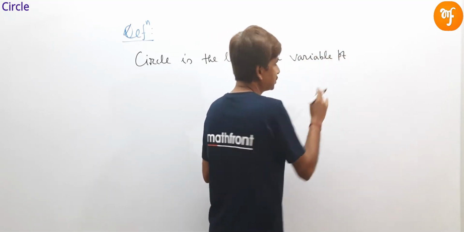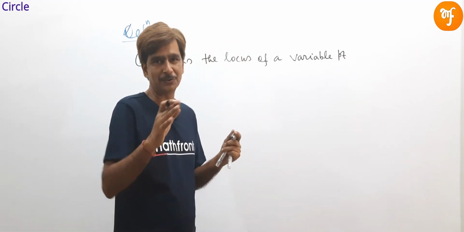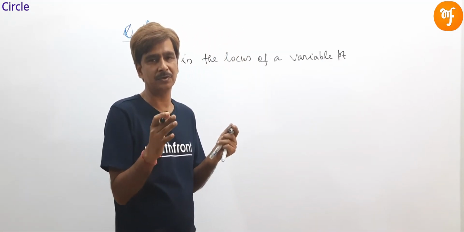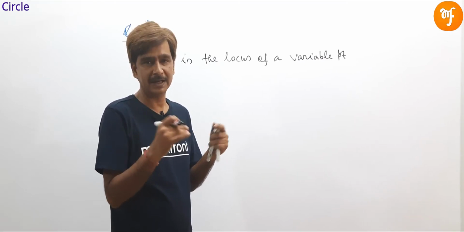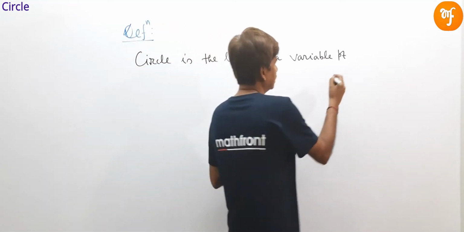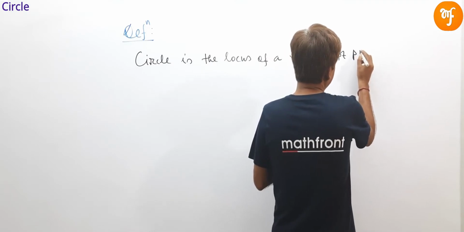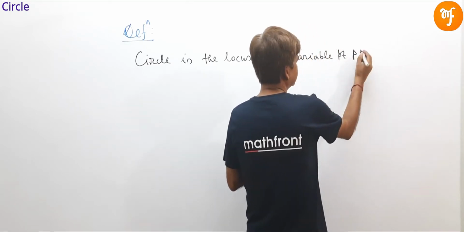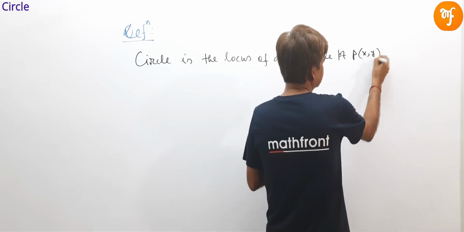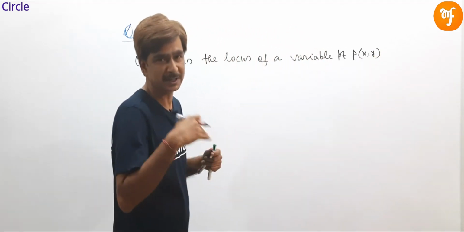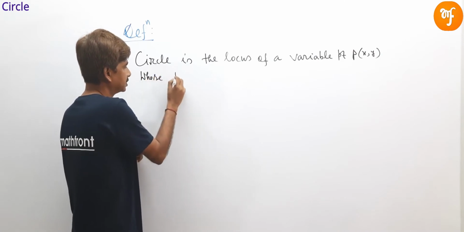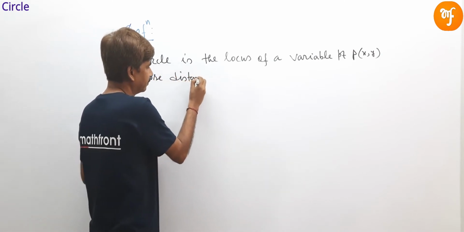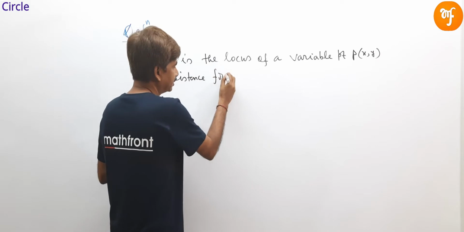If we assume the variable point is P whose coordinate is x comma y, as we know in the study of coordinate geometry, the variable point is indicated by x comma y. So locus of a variable point P x comma y whose distance from a fixed point